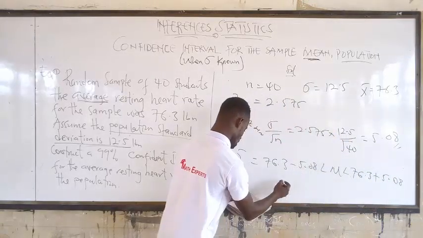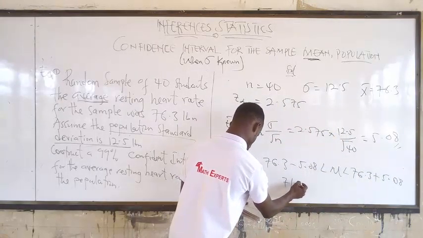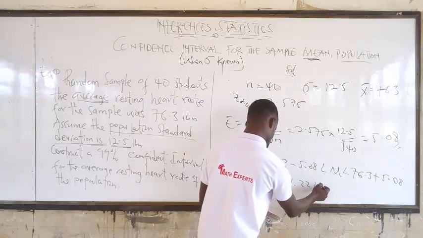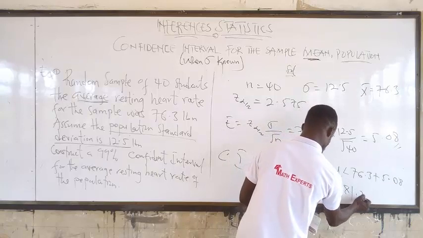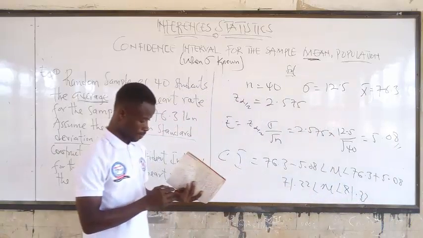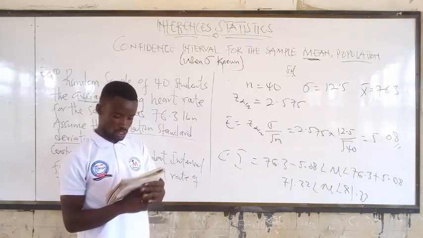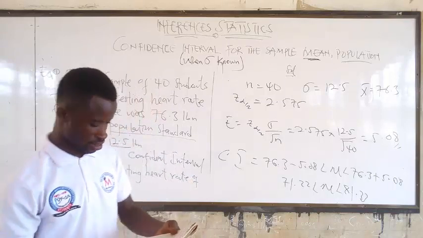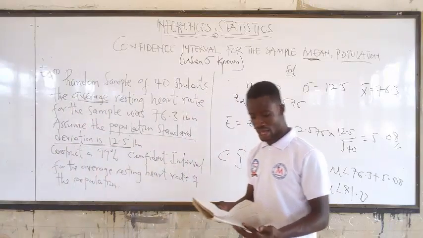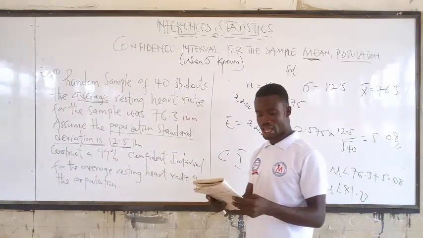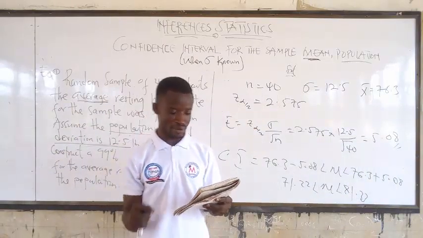And finally you get 71.22 less than the mean, less than 81.33. So that's going to be your final result for that. Alright, now in this case, sometimes you can be asked to find a required sample